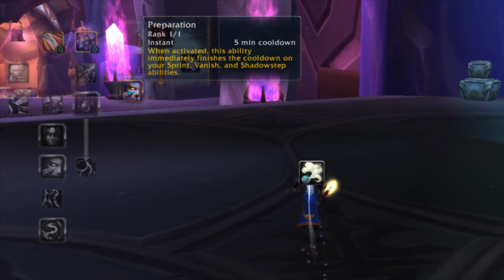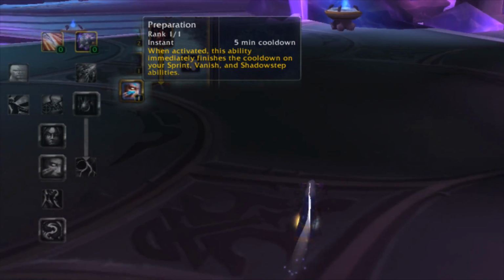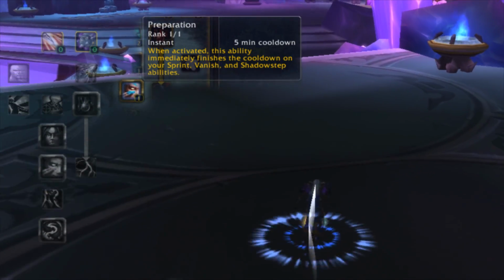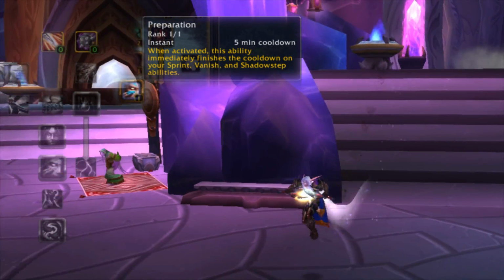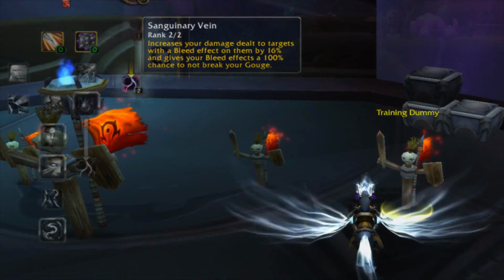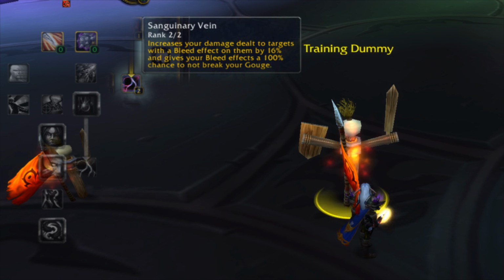Next one is Preparation, one of the most useful talents we have. With the glyph, you can do a double smoke bomb, double kick, and double disarm. And without the glyph, it still gives you the usual double sprint and double vanish. Sanguinary Vein is a really great talent because it gives you 16% damage increase if you have a bleeding effect